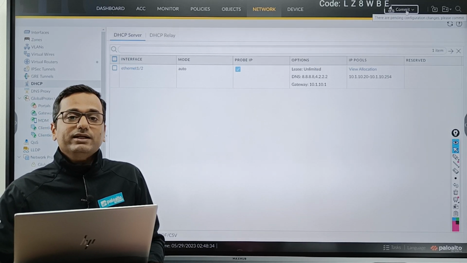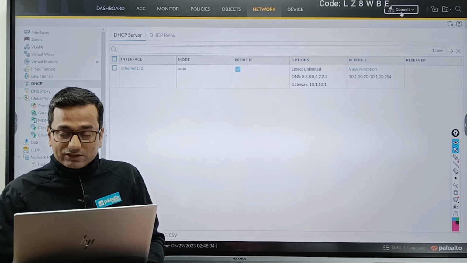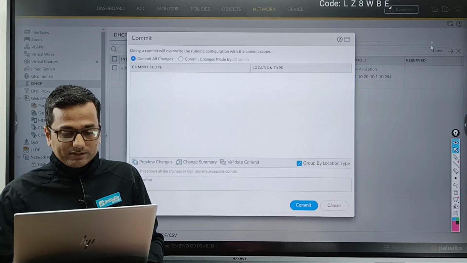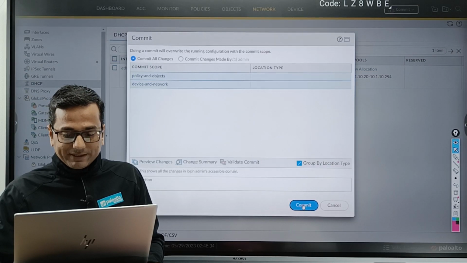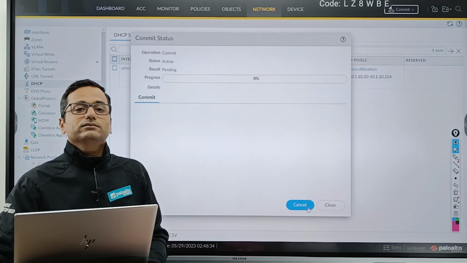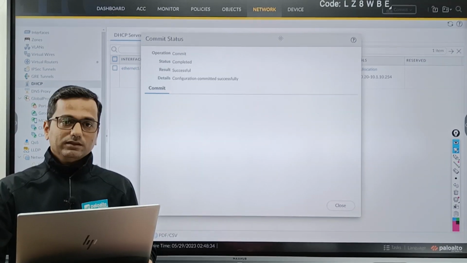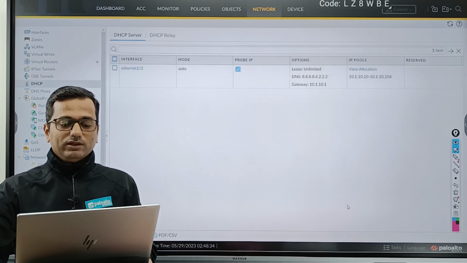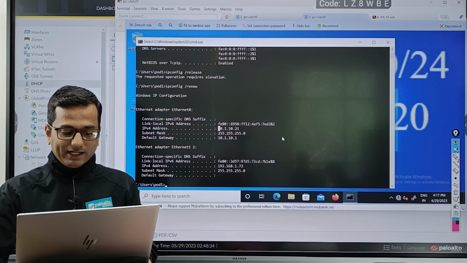So next, commit. Basically once you commit, only then does your configuration take effect. Go to the commit. Perfect. So commit completed successfully. So let's log into your endpoint and execute the command